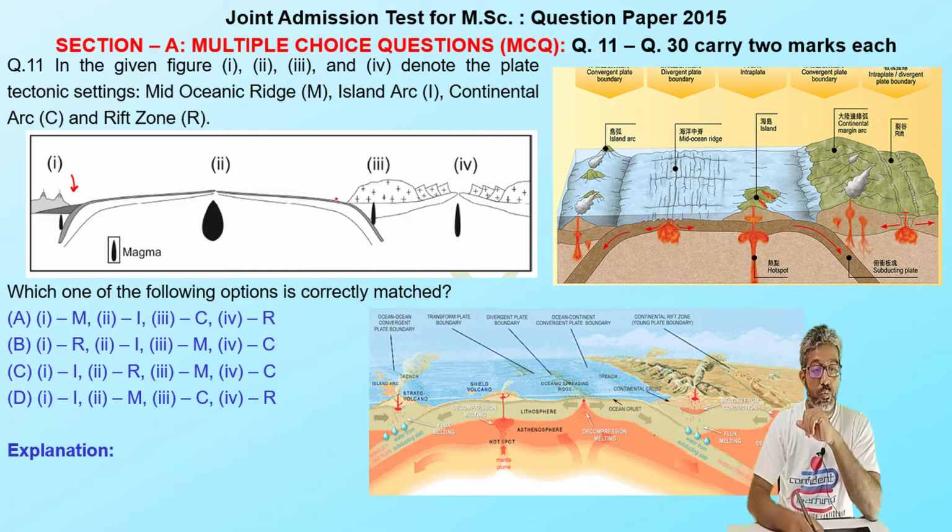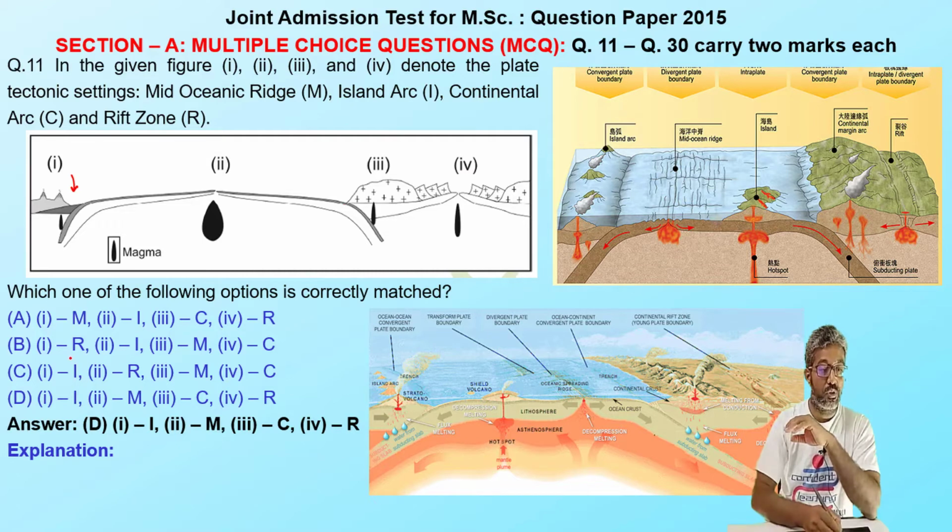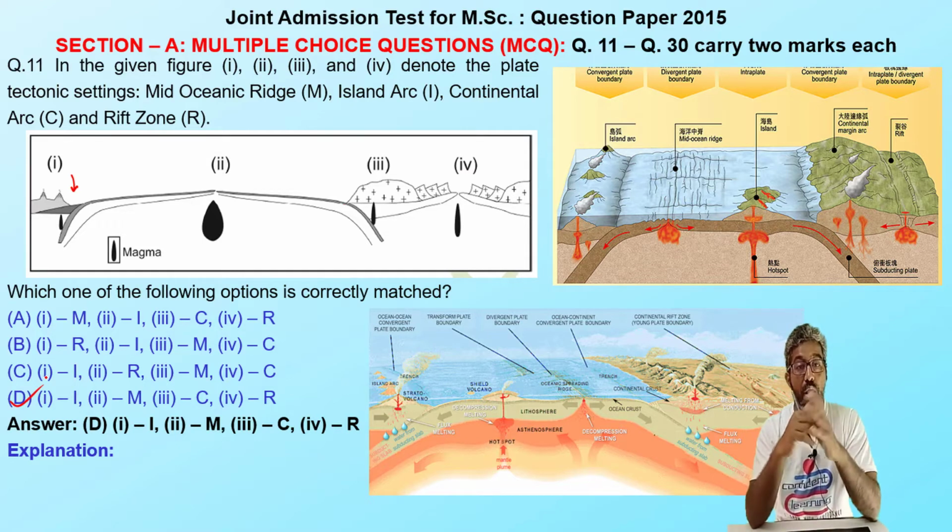And here we have the plates subducting at the subduction zones, or you can say the convergence zones. This place is known as the continental margin arc, and this last one is known as the rift arc. On the basis of this, we can easily conclude the option and mark it. As I told you, if you are looking at any picture, go into detail about what the picture is telling you. As I tell my students every time, if you are reading something, read it with a clear and careful mind, so you will not need to visit that question again and again.